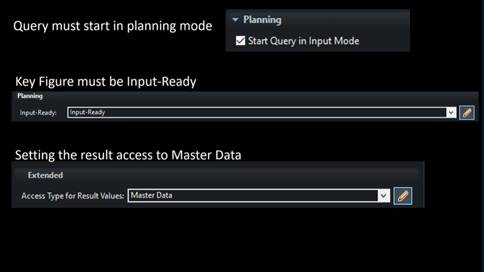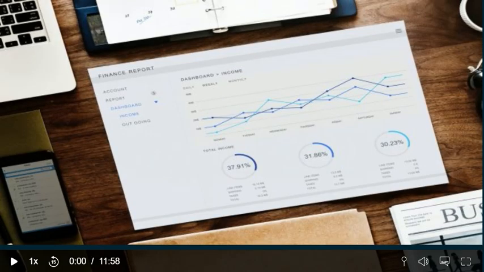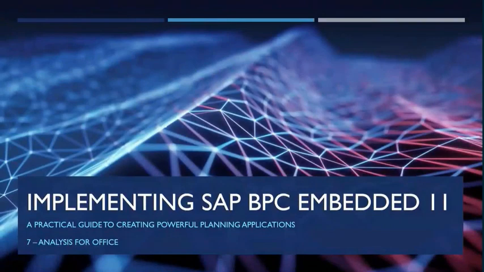In the next lecture, we will look at analysis for Office and add the 2 queries to a price planning workbook. Analysis for Office is SAP's